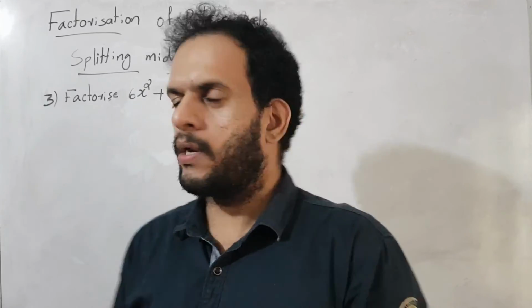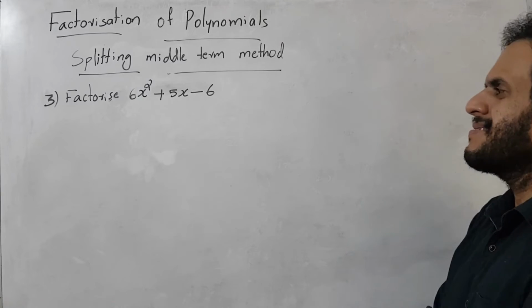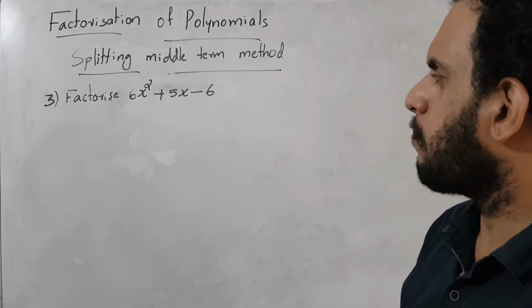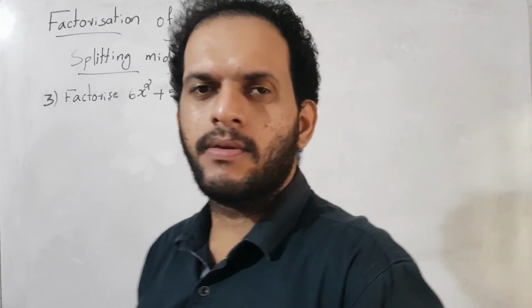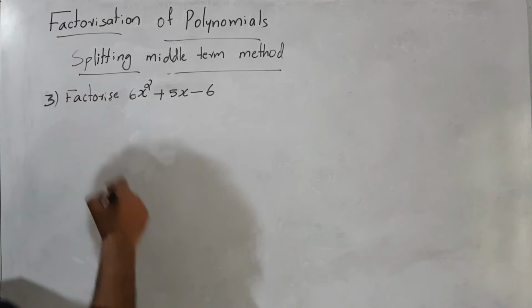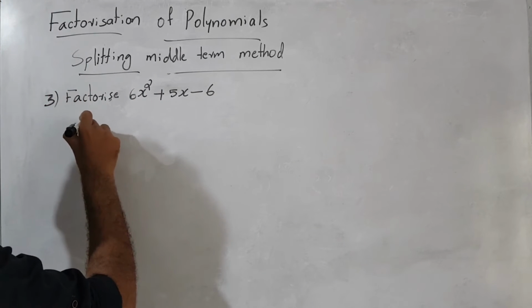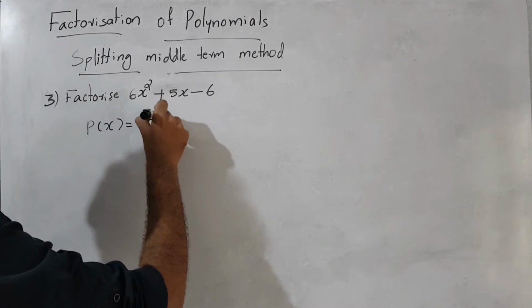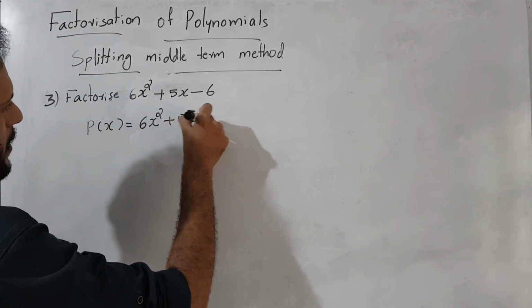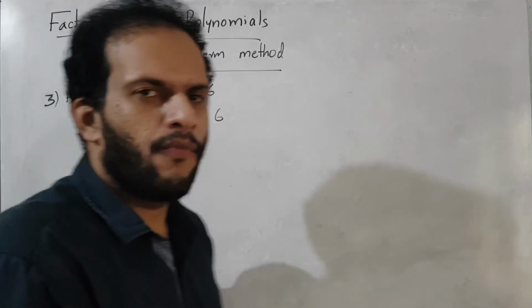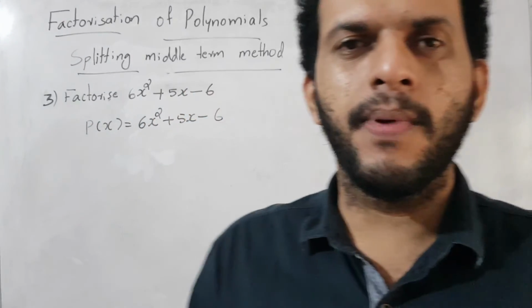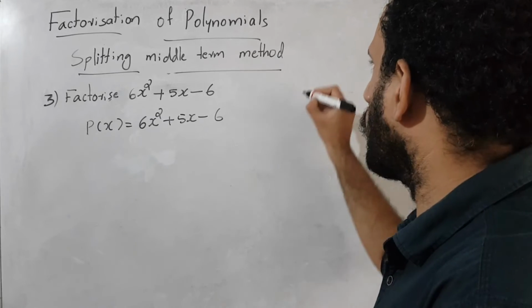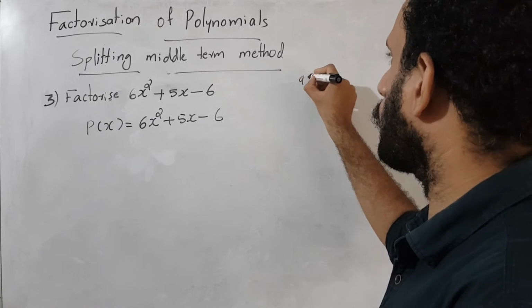Next we are doing one more question. The question is: factorize 6x square plus 5x minus 6. So we know what the first step is. We give it a name, p of x. p of x is equal to 6x square plus 5x minus 6. The next step, we identify the values of a, b and c. What is a? a is equal to